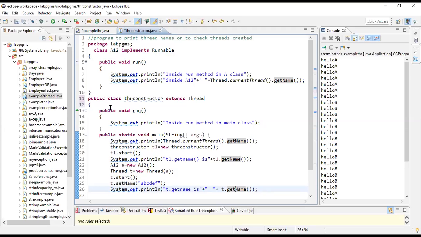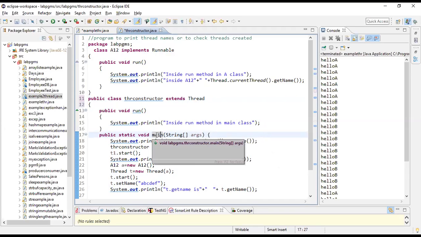So these three names, and apart from that, whenever your thr constructor is executed, it goes to the run method and this statement should be printed, right? And again it should go here, and these two statements also need to be printed. Now just for a glance, we will be seeing what the execution is. First it starts with your main. This statement will be printed definitely. This statement will be printed first. Thread.currentThread().getName, that is the main thread's name, will be printed.